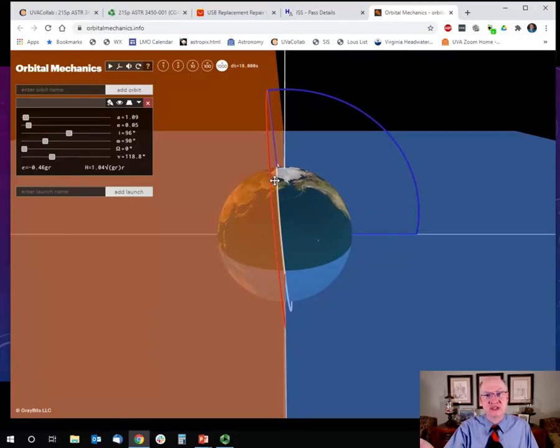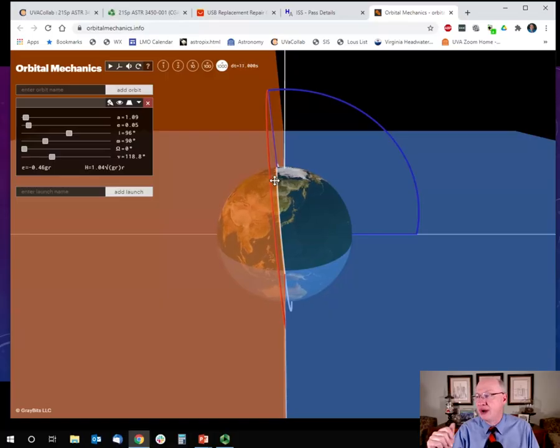Now, one of those points is going to be on the night side of the Earth. Typically, one will be on the day side of the Earth. So depending on what you're trying to do, you're probably going to be taking most optical photographs during the daytime. Infrared work you can do day or night, but